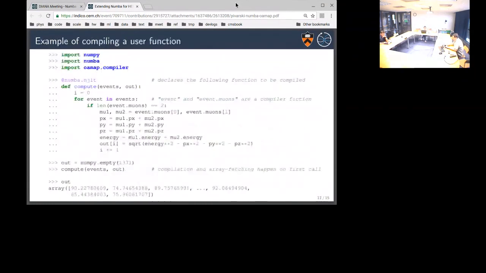I'm going to first show the end result of all that. The end result, what we want to get out of this, is for a user to be able to write a function, such as this compute function that computes dimuon masses, and have one of the inputs to this function, this events, be an OAMAP object.